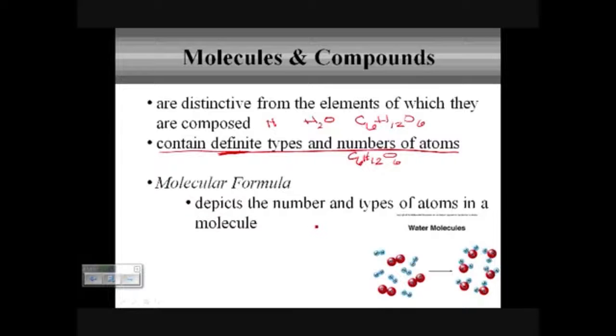So that molecular formula, like I was just demonstrating, is going to be exactly what I've been drawing on these previous slides. Molecular formula gives you the number and the type of atoms. So you need to indicate that it's going to be composed of carbon and hydrogen, and exactly how many. So when we look at methane,